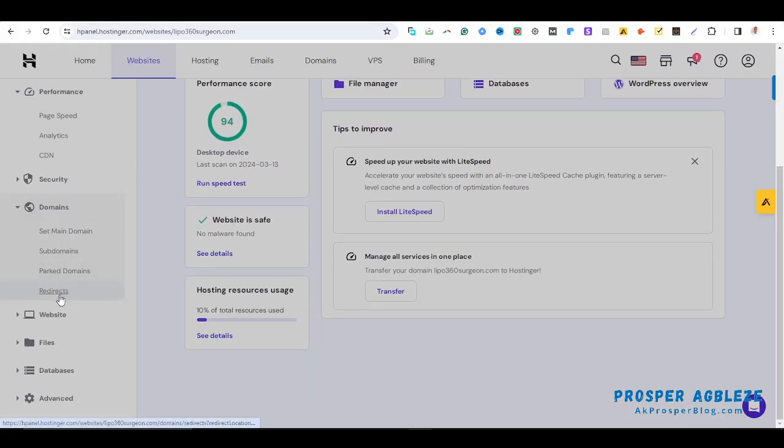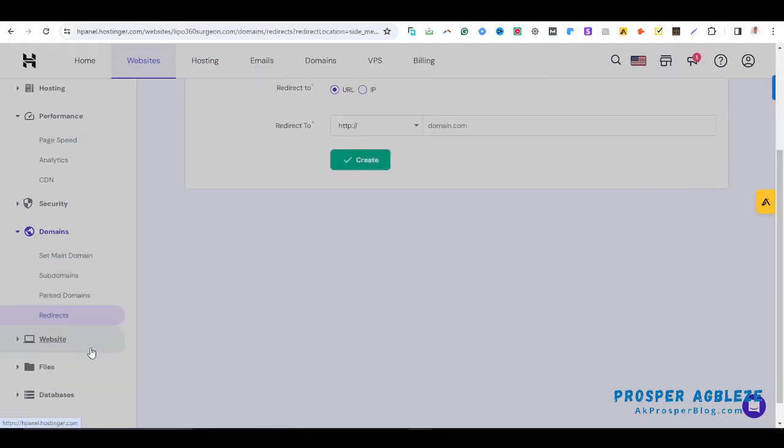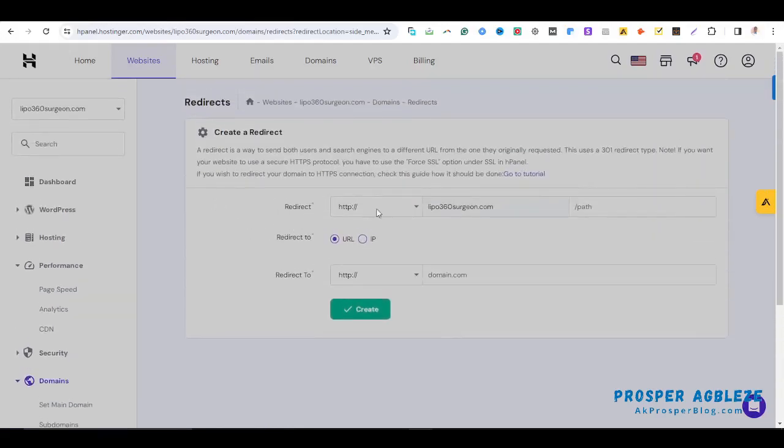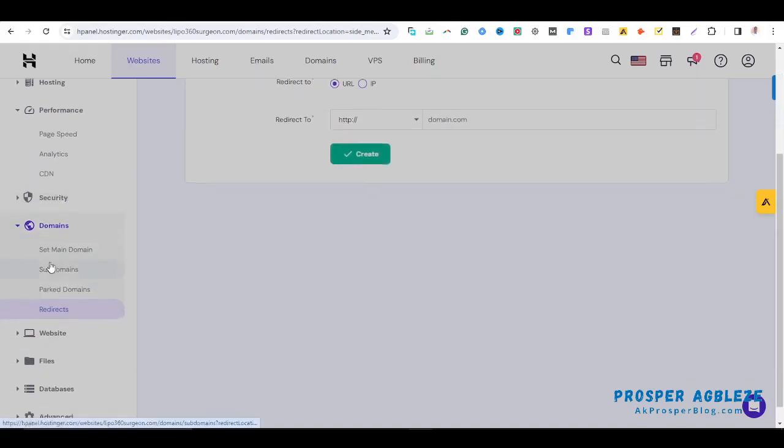Then the domain, and then redirect. So if you want to create a redirect, once you're on the domain and you click it, what it basically means is that if you want to have lipo360surgeon.com/something, whatever it is, and then you want to redirect it to a particular domain, that's what you're going to do under redirect. Okay, so the next